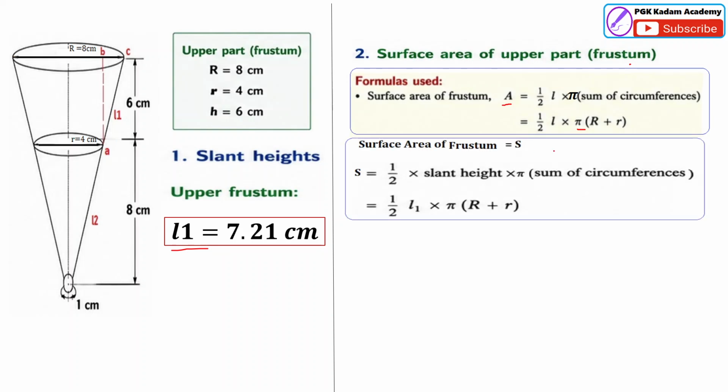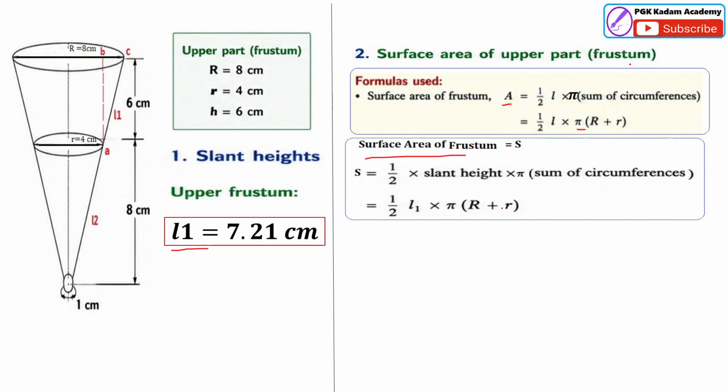So by using this formula, S, the base area of the frustum, is equal to half into slant height into the sum of the circumferences, which we can calculate by pi R plus pi